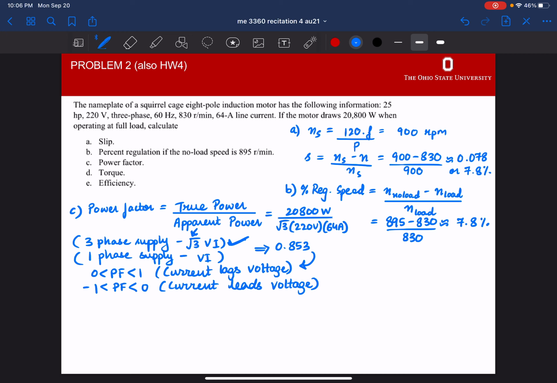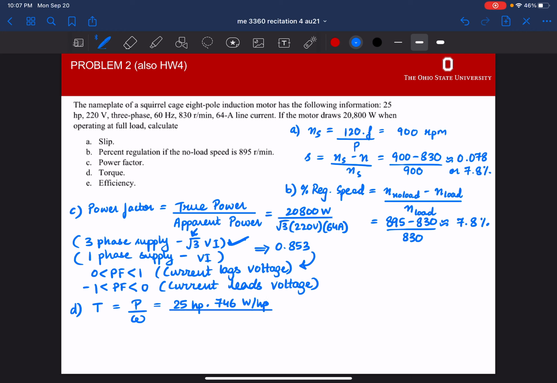Alright, so now moving on to part D, we need to calculate torque. So here they have already given us what is the output power, and they've also given us the operating angular velocity for that load. So we know what the torque would be just by using the expression that power equals torque times omega. So we can just use that expression over here and find out the torque. So this output power is 25 horsepower. Now we want to convert this to watts to get an answer in the SI unit system. So you can multiply it with 746,